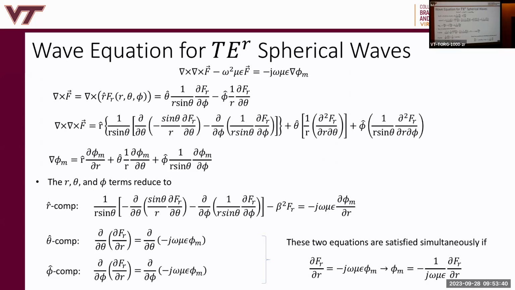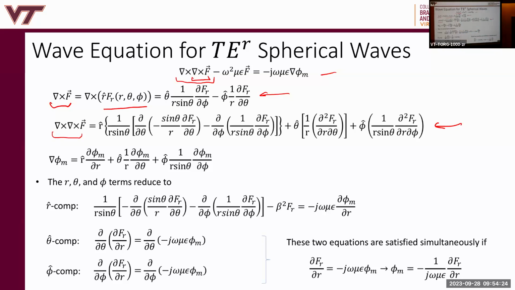Curl the curl of F. So we have our wave equation here. Let's plug in our F here, and let's build up this thing term by term, right? So we're going to solve this part first. The curl of F here is the curl of R hat FR. Here is the expansion for only having R hat FR, right? We have a theta hat and a phi hat component, as we said on the last slide. Then we're going to take the curl of that result, so the curl of F. I've done that here for you, right? We have an R hat, theta hat, and a phi hat component, but it's all dependent on FR only, right? That's all we have to start with.